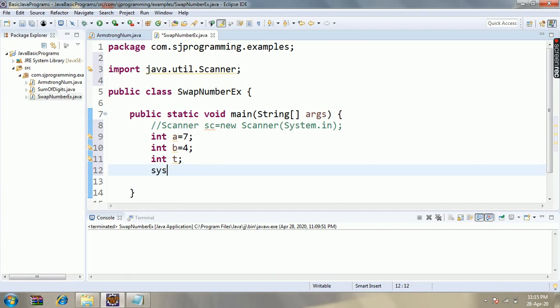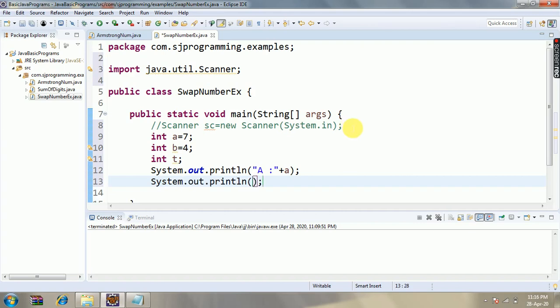So we will print this: the value for a and the value for b. So initially the value of a is 7 and the value of b is 4.